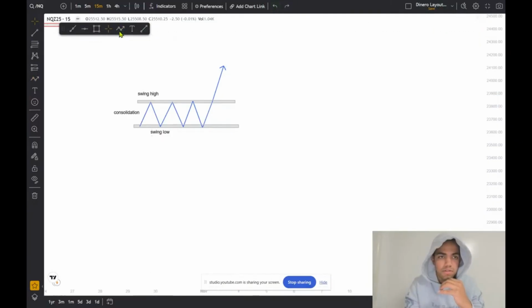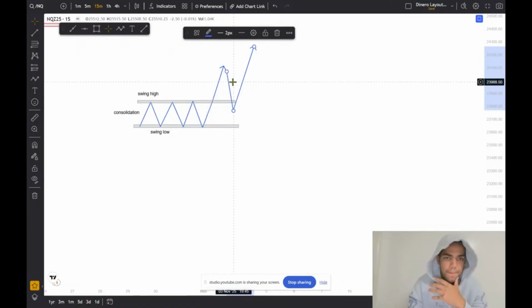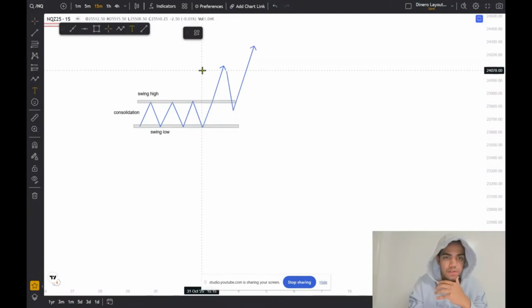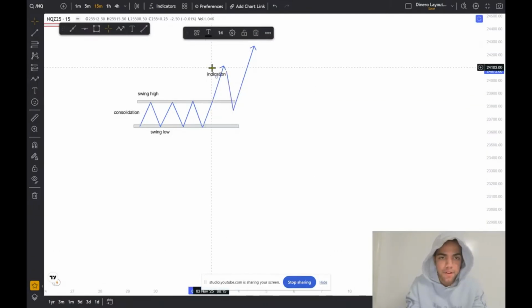We're going to do that again. All right, so you have your indication, your correction, and then your continuation. So you have your indication. Let me type it out right here. You have your indication,